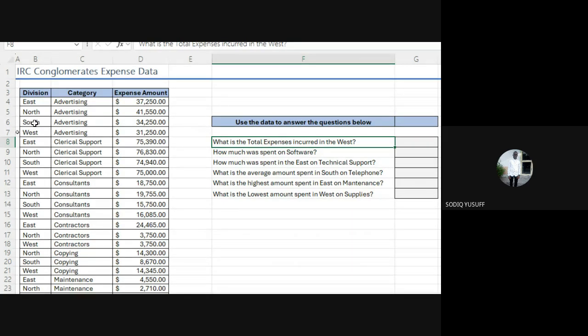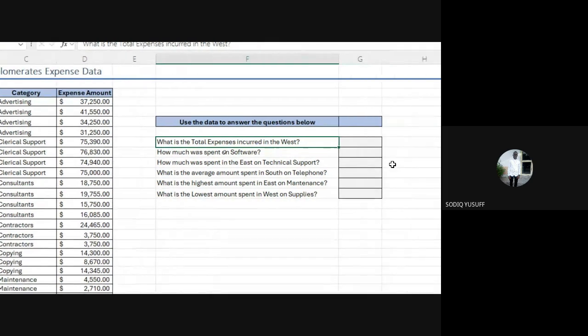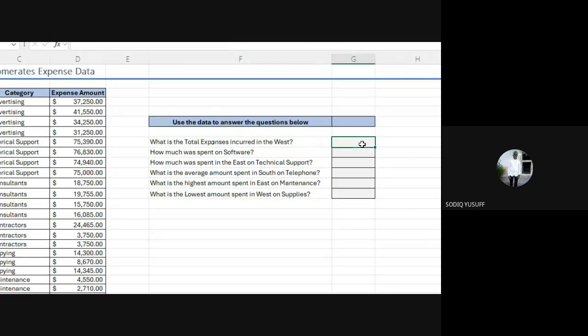So that's why I know I will use SUMIF. Only SUM cannot do that, because SUM is going to give me the total expenses. However, I want the total expenses coming from a particular region. Because there's a condition attached to it, I'm going to be using SUMIF. So let's do it again. Let me take us through again.